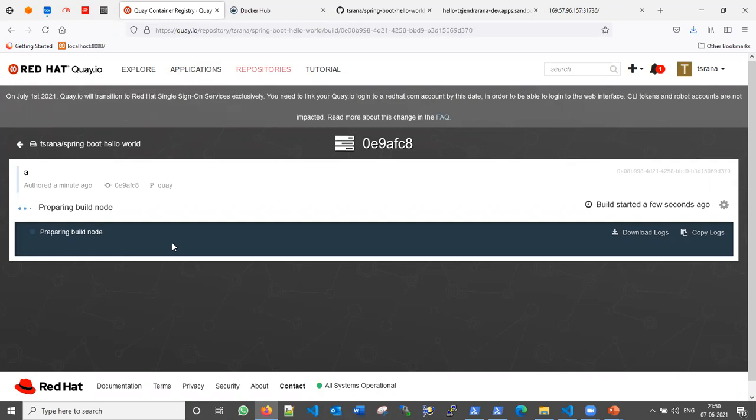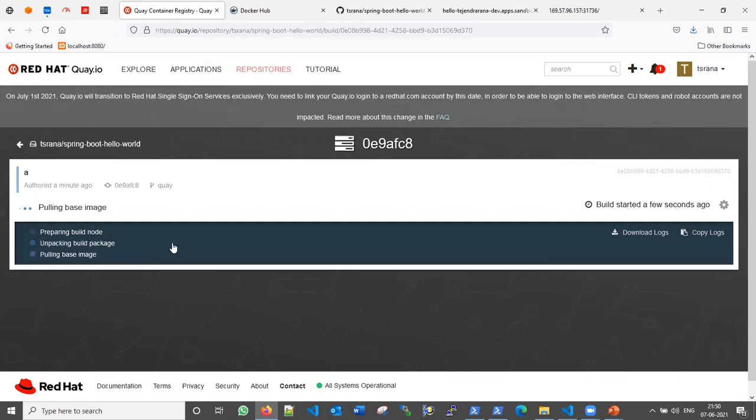First it will fetch all the code from the Git, and then it will find the Dockerfile inside my code, and by using this Dockerfile it will start preparing the image, and once the image is ready, it will save this image inside the qa.io repository, from where we will use this image in our cluster environment, either the Kubernetes cluster or the OpenShift cluster.